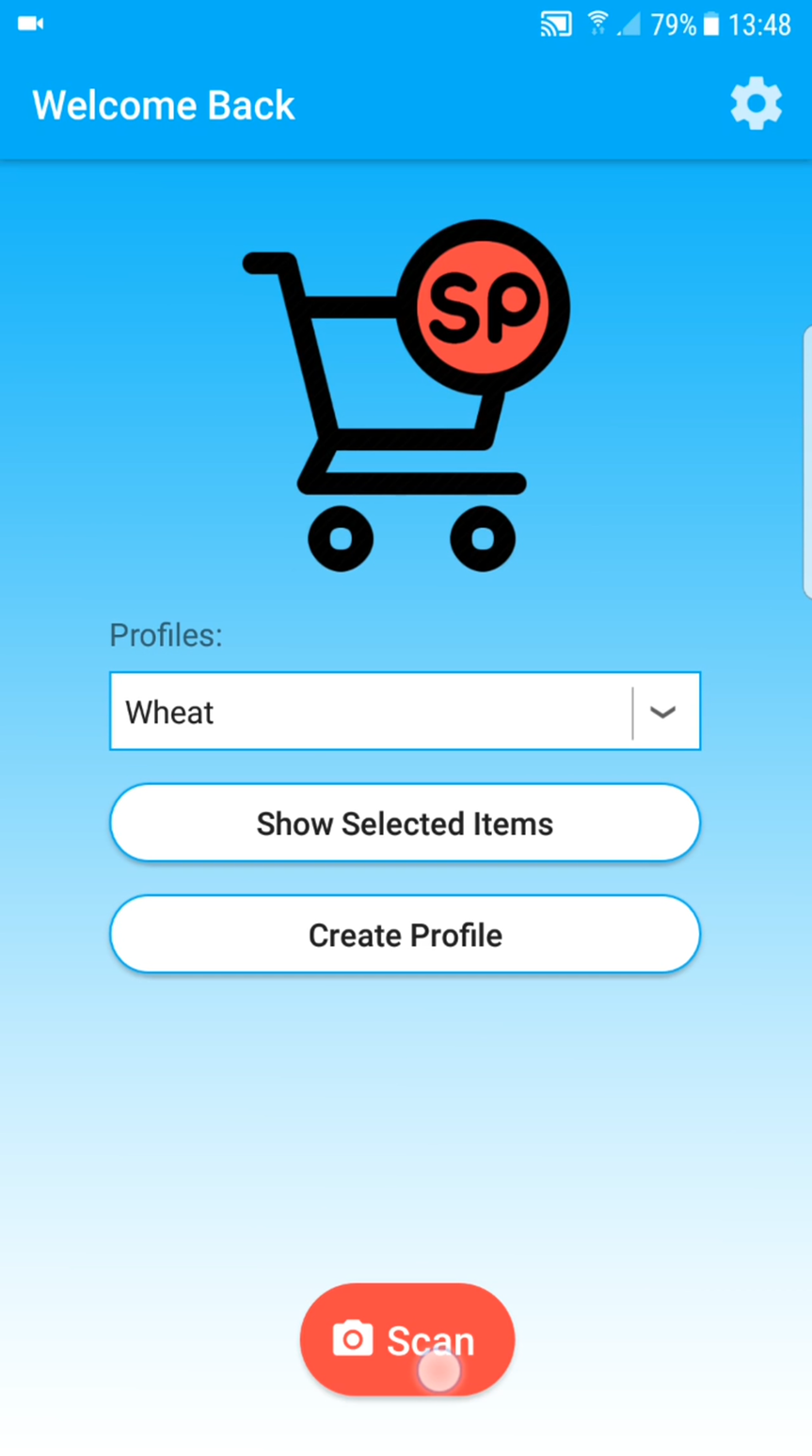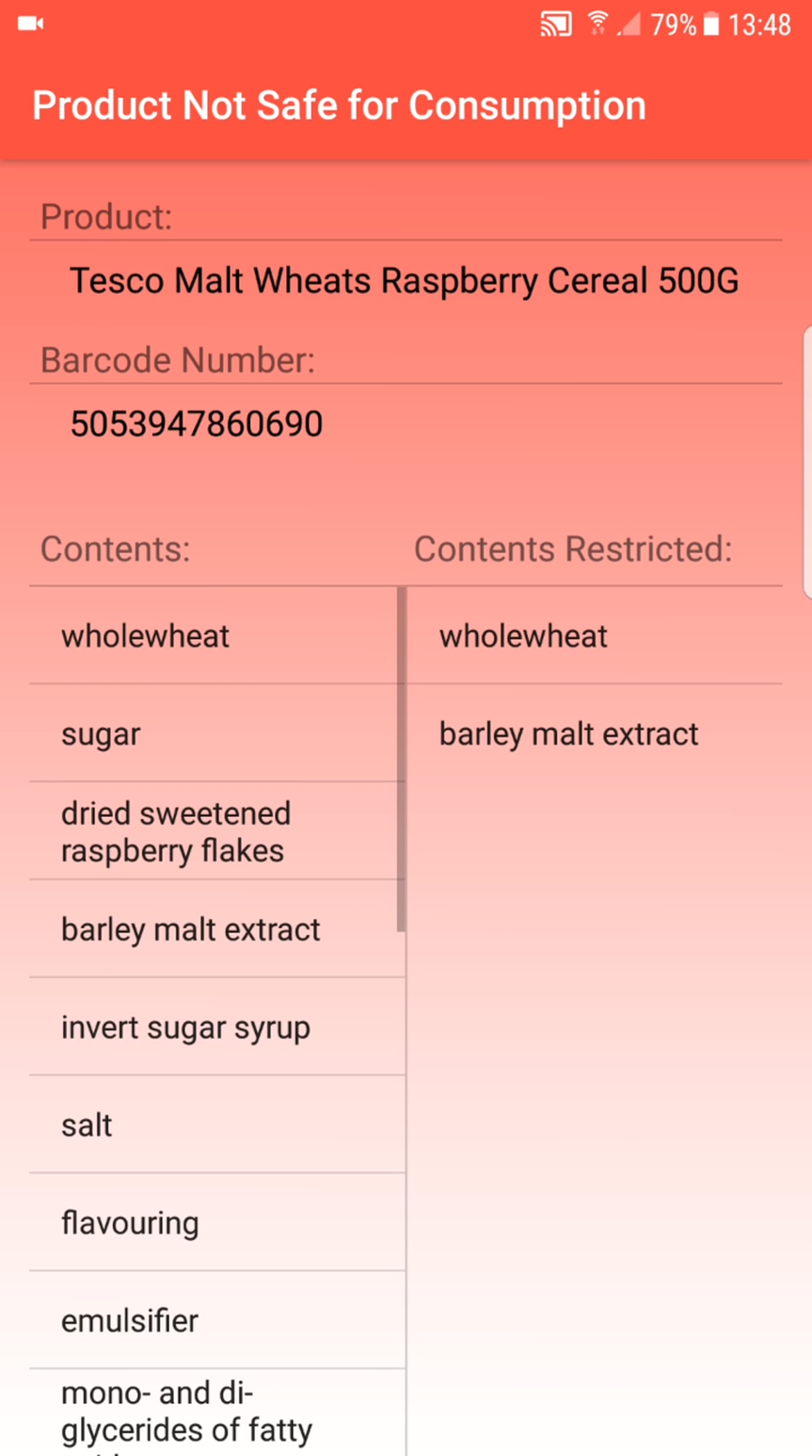Okay. For reference, I'm just going to scan a few barcodes for you now to have a mock ShoppingPal experience. So if I press the scan button, as you can see, we have a few products here. So if I scan the barcode of this with wheat selected, obviously wheat is an ingredient. So we scan that barcode, the screen will turn red, showing us that we cannot take this product, it's not